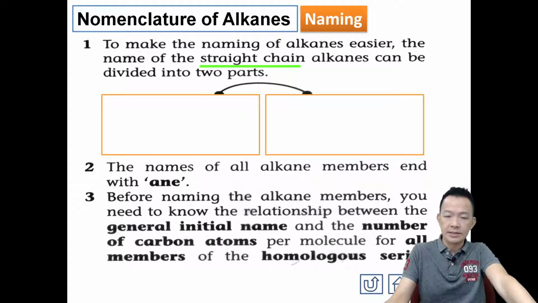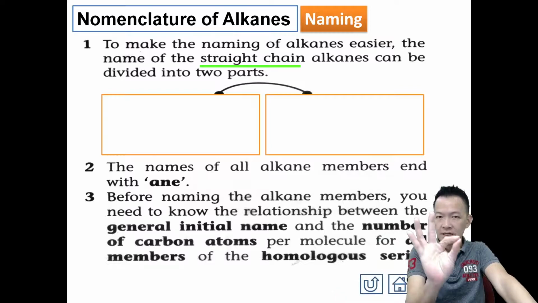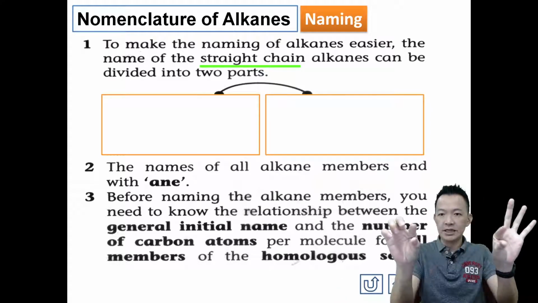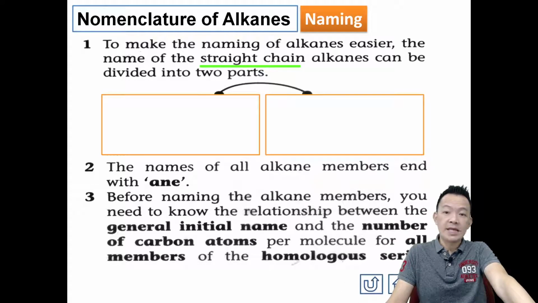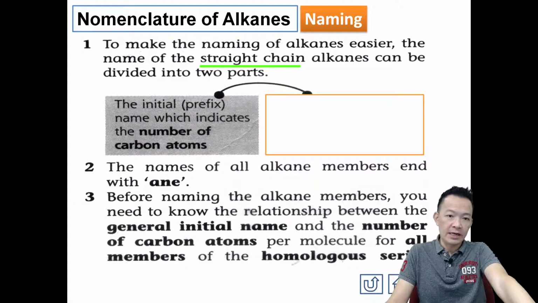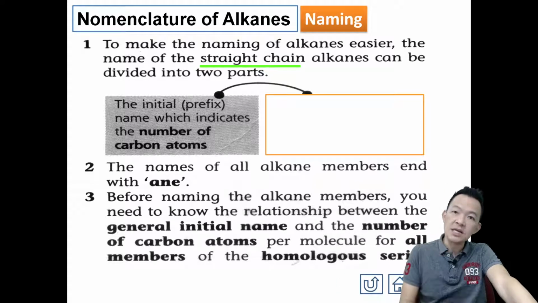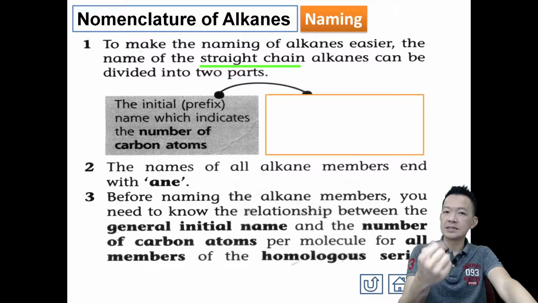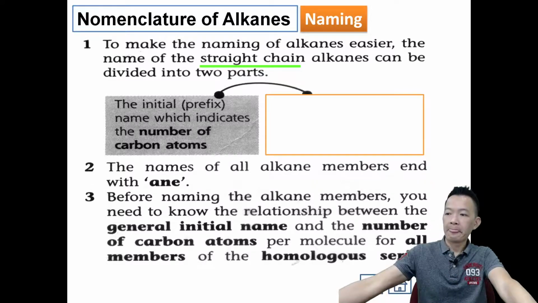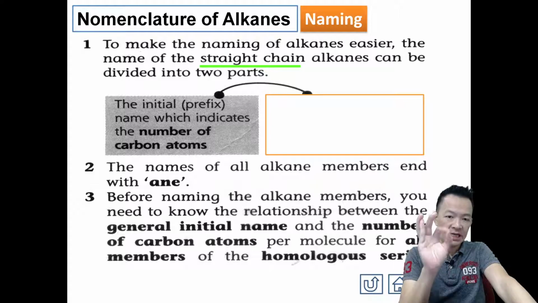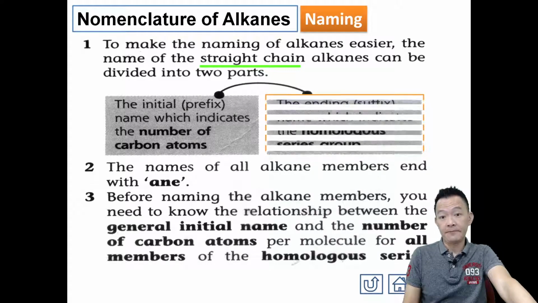So what's meant by straight chain alkane? 简单的 alkane 啊，后面还会变成更复杂，but temporary straight chain 直一条链的 alkane，简单的 alkane，如果你要称呼它的名字，so we can separate the name into two parts, 把它们的名字呢分成两个 part。Okay, the first part we call the initial name, 名字的前面，or this is what we call prefix. Prefix indicates the number of carbon atoms. So 名字的前面就是它的碳的数量来的。Like in your family, 大哥就是1了，2哥、3哥、4弟，对不对啊？前面就是1、2、3、4。